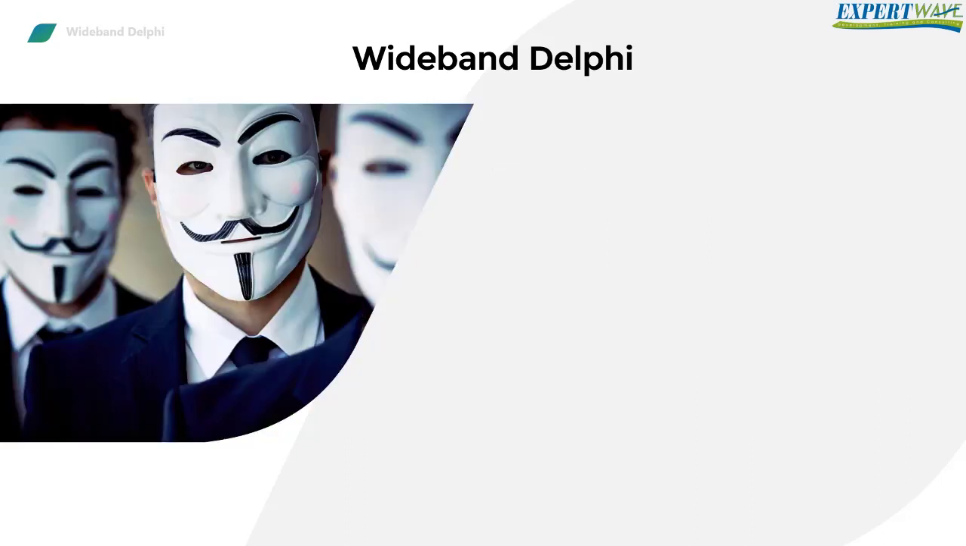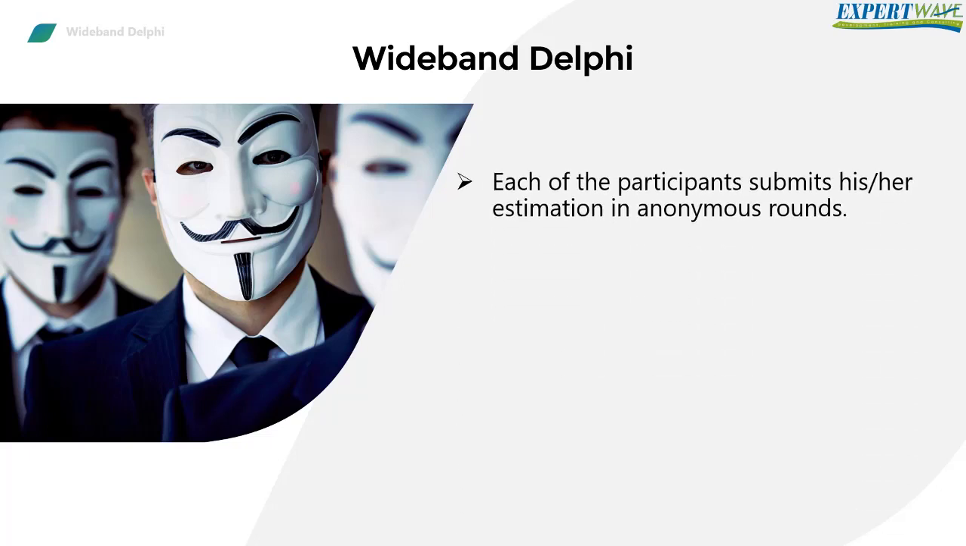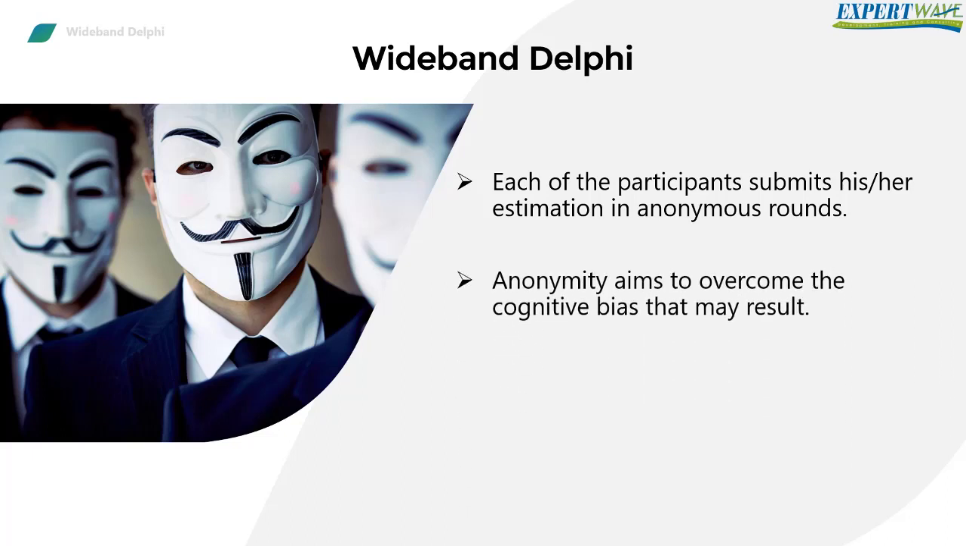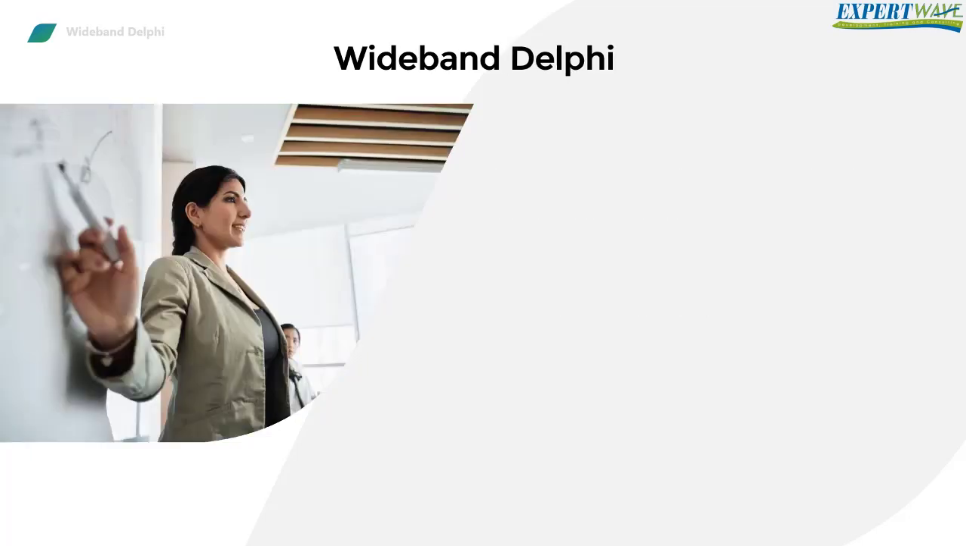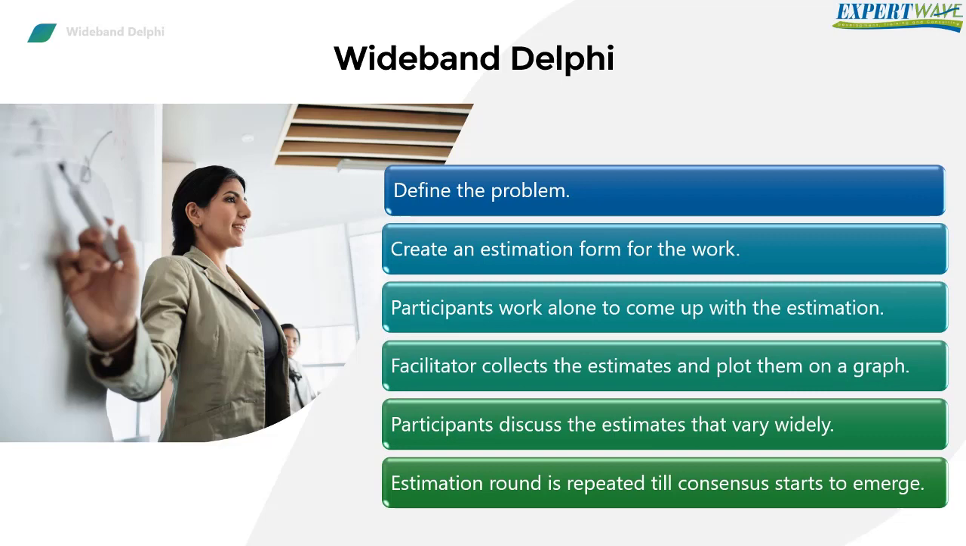And the keyword in using the Wideband Delphi is anonymous, where each one of the participants submits his or her estimates anonymously. This anonymity is to overcome the cognitive bias that may result if the participants know which estimation belongs to whom. And this is because people usually gather around ideas of experts or bosses rather than examining and judging ideas for their own. In the Delphi technique, each one of the participants works alone to come up with the first